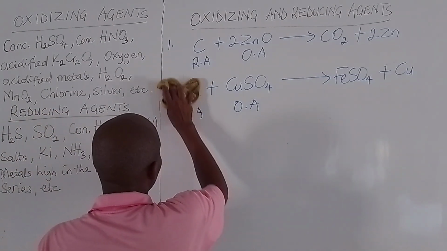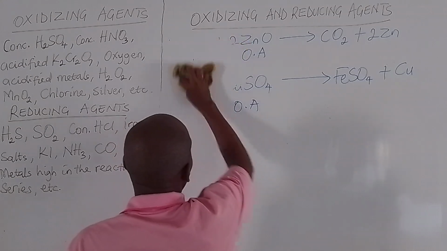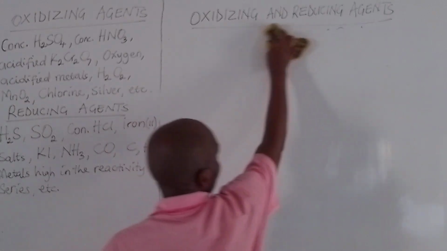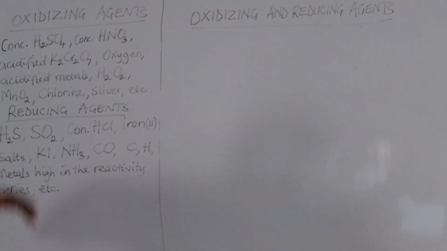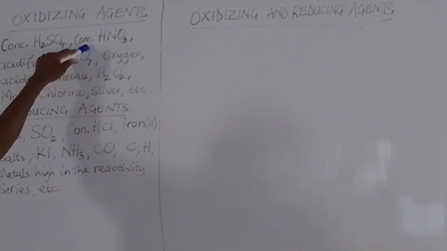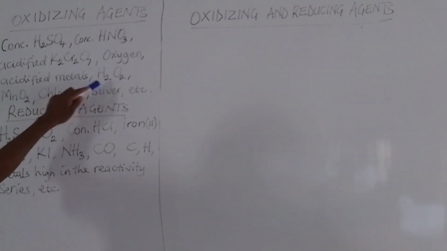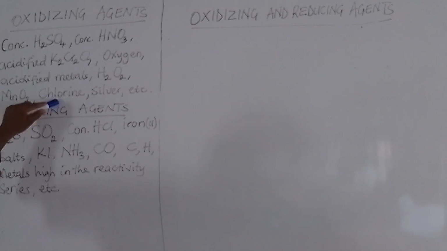Alright, let us wrap it up by looking at common oxidizing and reducing agents. Common oxidizing agents include concentrated tetraoxosulfate 6 acid, concentrated trioxonitrate 5 acid, acidified solutions of potassium heptaoxodichromate 6, acidified solution of potassium tetraoxomanganate 7, oxygen, acidified metals, hydrogen peroxide, manganese 4 oxide, chlorine, silver, etc. These are all common